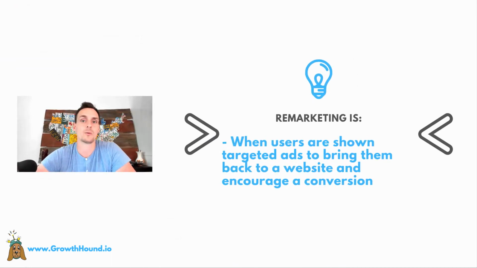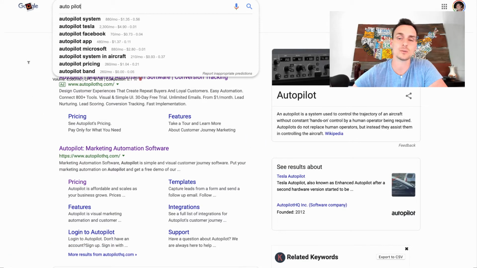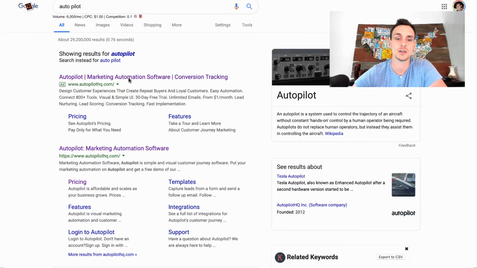Most of you by now are probably familiar with paid search. So when a user types a search item into the search engine, some results pop up. But are you familiar with remarketing? Remarketing allows you to target users that have searched or interacted with your website and effectively chase them around the internet. So if I click on this link